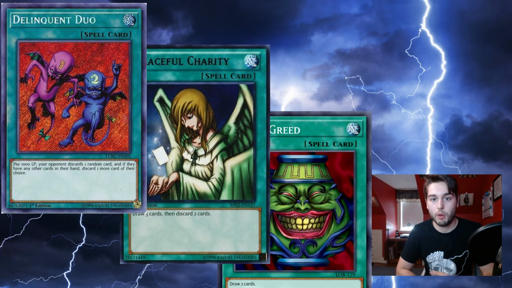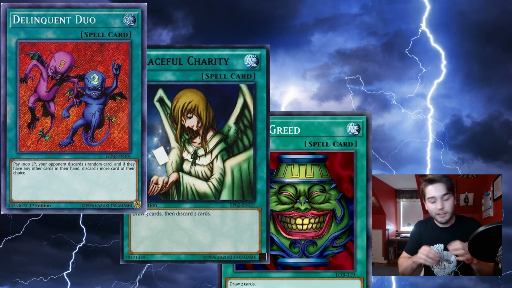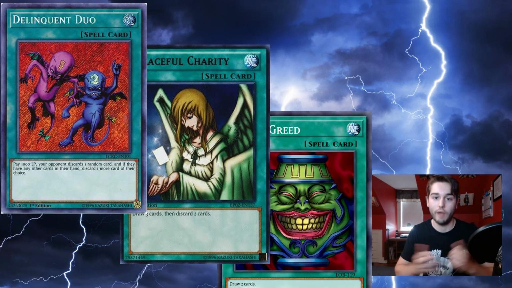Also, while every format has powerful spell cards, the big 3 spells in GOAT format, Pot of Greed, Graceful Charity, and Delinquent Duo, with Snatch Steal, Premature Burial, and Heavy Storm also kind of being up there, these are just really strong cards, and sometimes the game does just come down to whoever opens up Duo, Graceful, or Pot of Greed. And you could have guessed by now, but in my opinion, the best format, or again, 2 formats